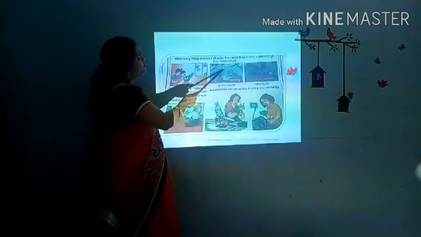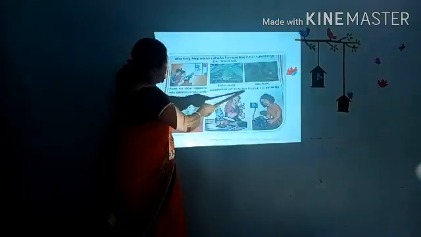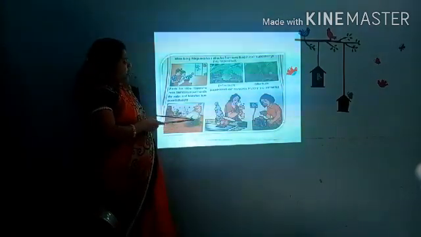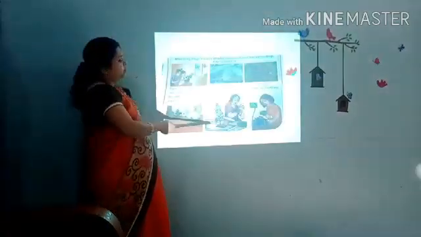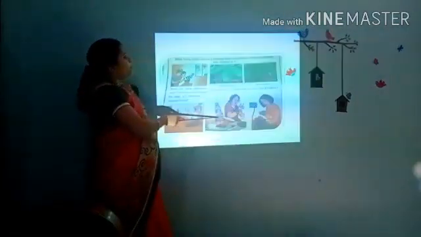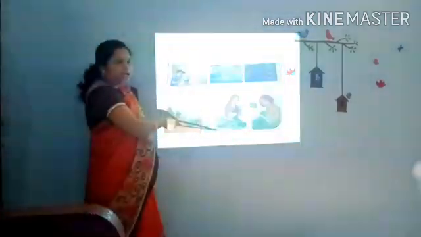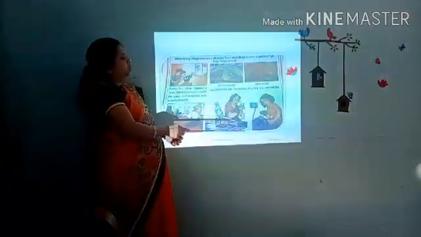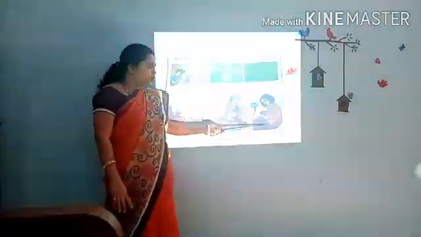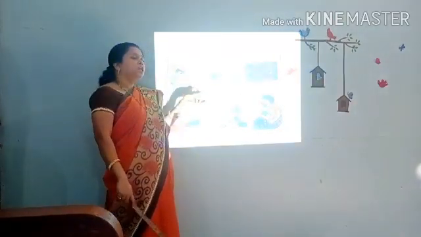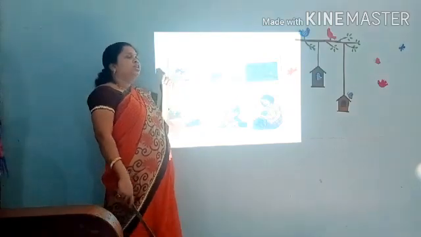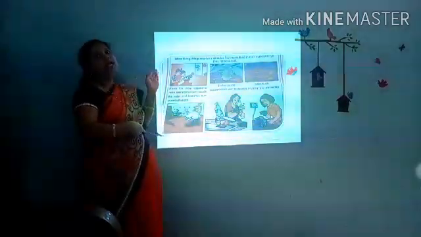Here you can see a mimosa plant before touch and after touch. Here you can see when it is raining, a rabbit is running towards its house, which means it is showing a response to the rain. Here a lady touches a hot pan, what is she doing? Is she handling that? No, she takes her hand away. Here a girl is touching a toaster, her finger burns, so she removes her finger. At the same time, when mother keeps a ladle in the utensil and we touch that, we also take away our hand. So like this, responsiveness to stimuli is also an important characteristic in living things.